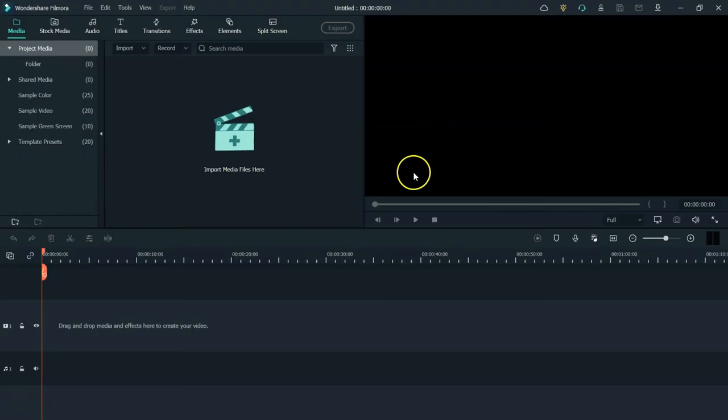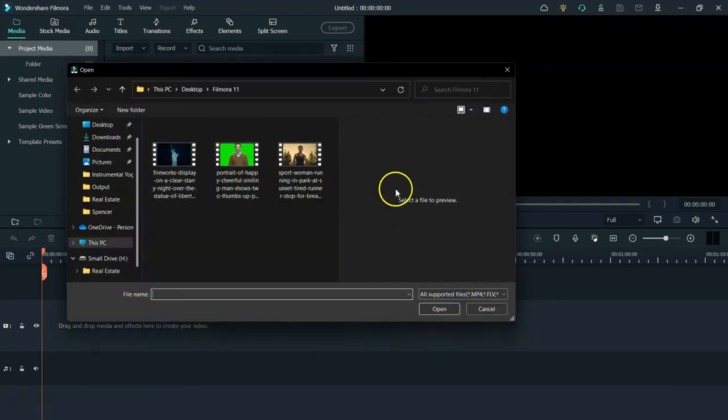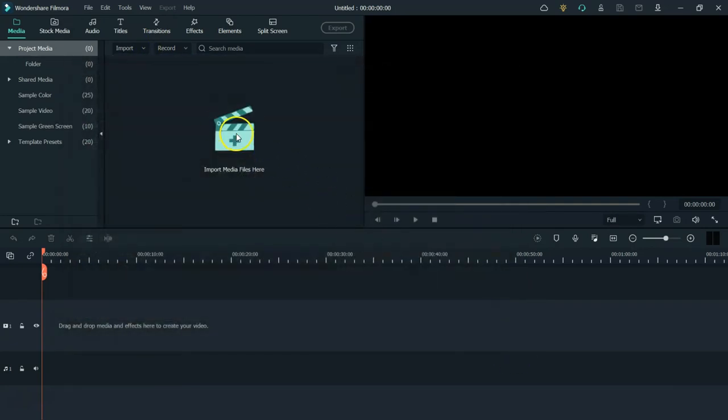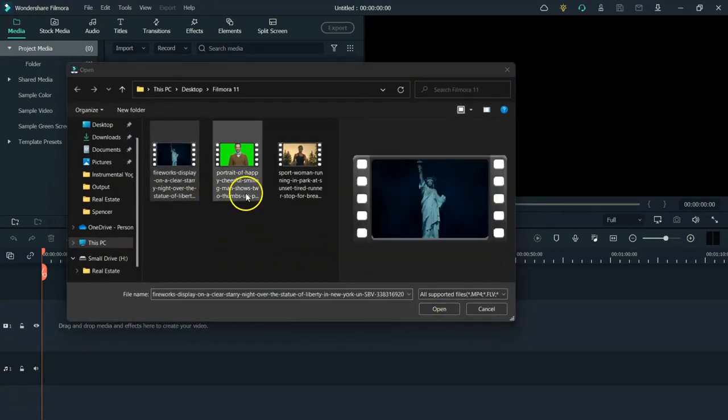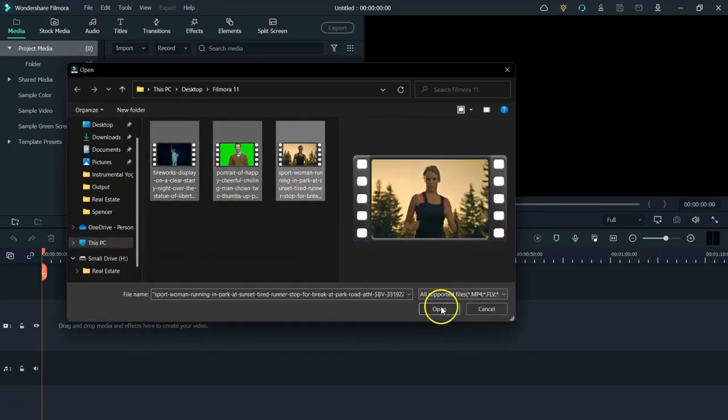There's all the kiddos. All right, so here we are. And with this, the layout's pretty much the same. There are a few things that we're gonna go over, but let me bring in some media. So again, if you want to import something, you can click up here, or you can click there like I just did, or the little clacker here, and we're gonna bring these three in just to have some fun with them,